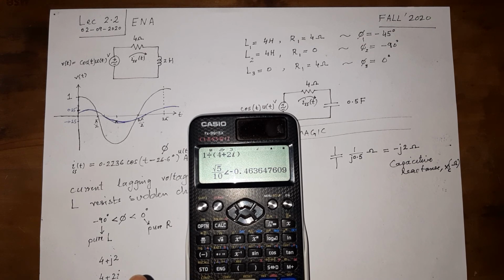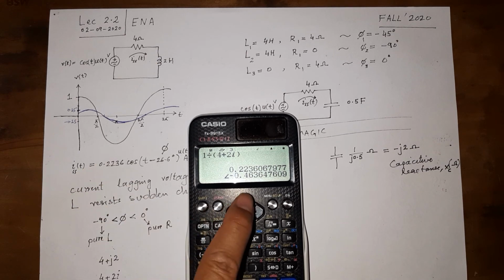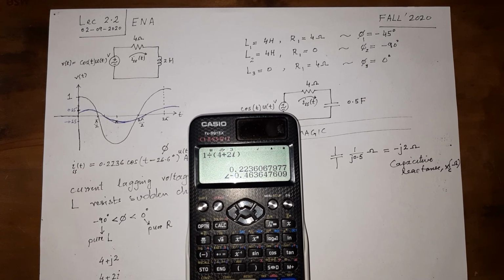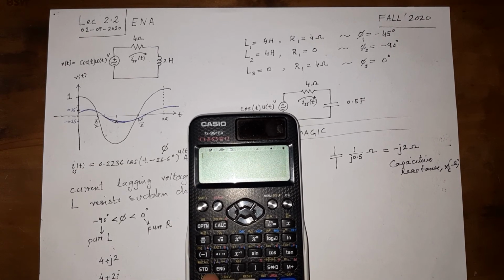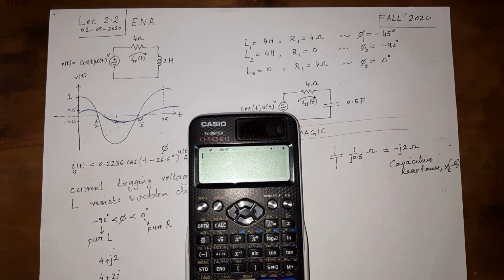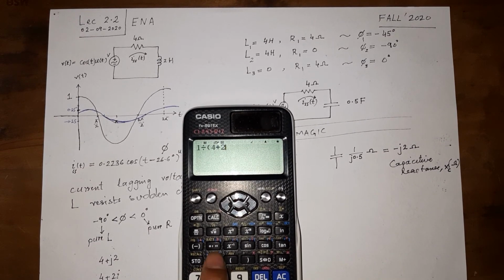So you see, we set the polar form output there, and we can convert to the rectangular form. This is the rectangular form. Remember, 0.2236, and the angle is in radians. Remember, we forgot to handle that radian. Let us see if we can convert that to degrees, angle unit, and degrees, and see if the result now gives the angles in degrees.